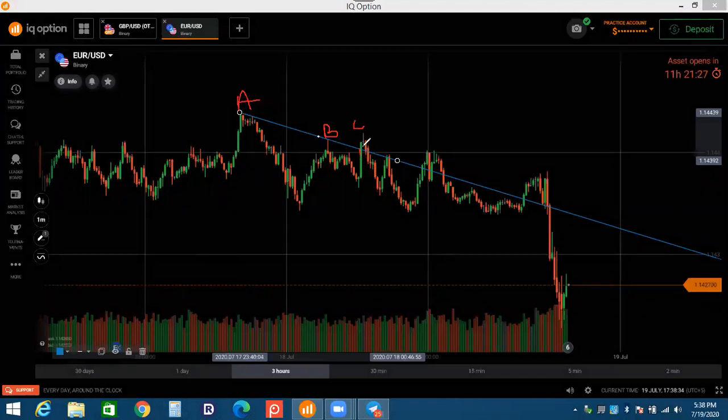Now when it breaks or closes below the level, you just look at whether the volume is increasing or decreasing. Tell me, the volume is decreasing. On this bar, volume is decreasing. That is confirmation. You can place a 5-minute sell option from here. The price will go down. If at point C you find a breakout with low, decreasing volume, it means this resistance level will work. You can place a 5-minute trade, and it will close as your winning trade.